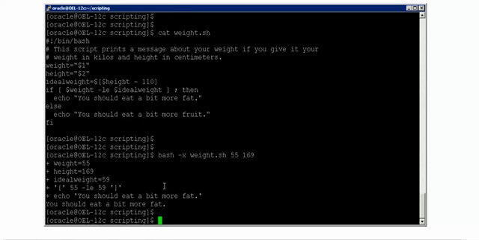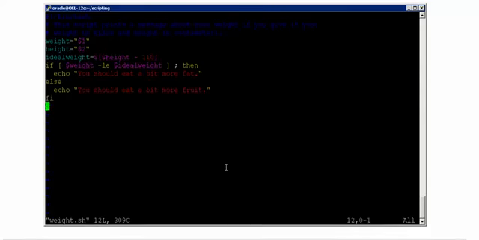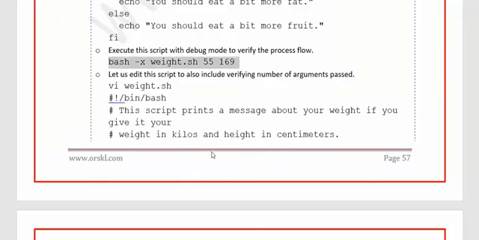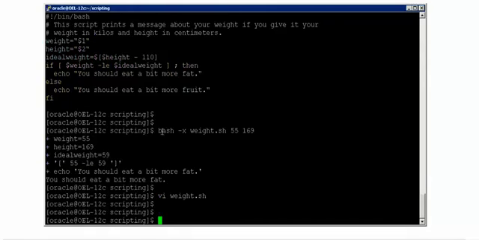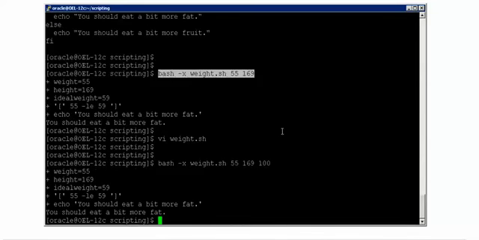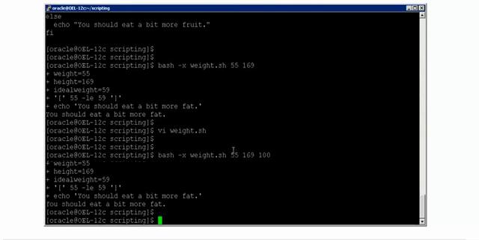And now I will again edit this particular script with much more complexity in it. I just wanted to add a check that every time a user passes only 2 variables to it. Before I change it, let me show you what is the problem with this script. If I run this script with any other values also, after 169 if I give 100, even then this works. There is no problem. But how can I limit the user to only give 2 arguments to this script? That is also very important, right?